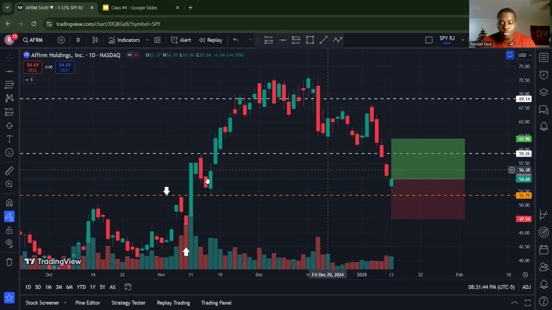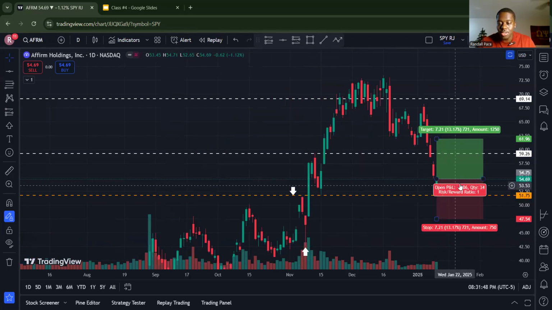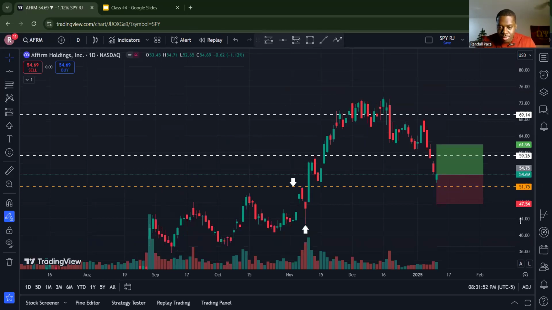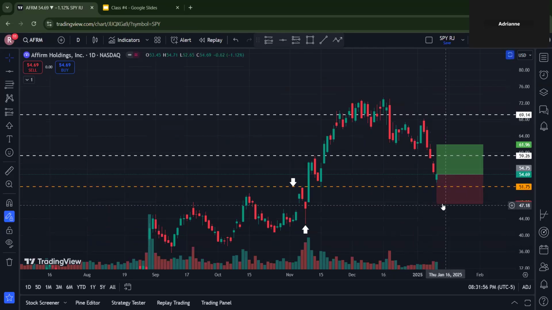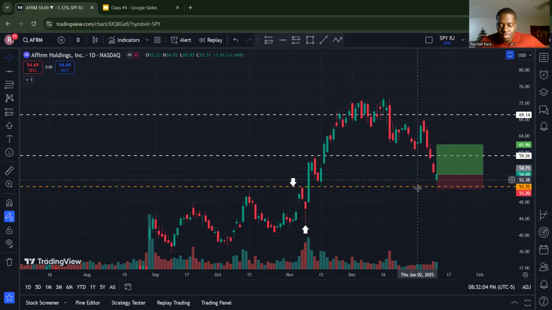Where does this not work? Where do we say, okay, this does not work anymore? If we were to get in here, where does it not work? Probably right below the resistance or the support line at 51.75. Perfect. So I know if it closes below here, and I will give it a little bit of room, I know it doesn't work. Cool. Now,